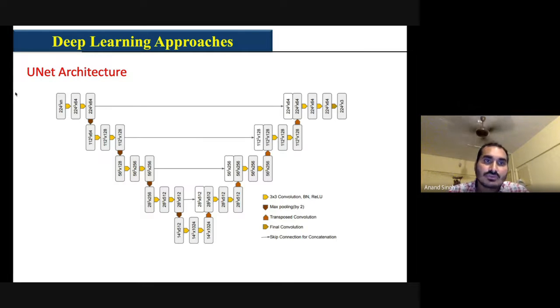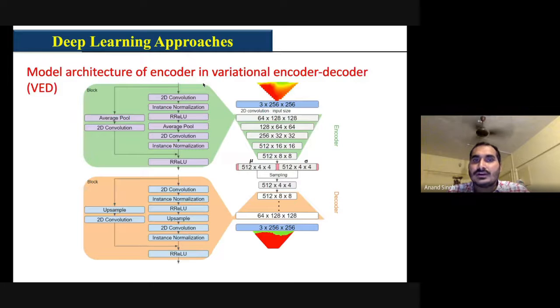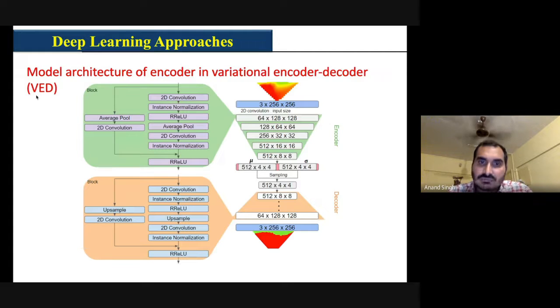Now we discussed the different architectures which we are going to compare. One was the U-Net architecture. There is a lot of literature already available on that, but from the geophysics point of view there was nothing. Then we also tried the attention U-Net architecture, following the work of Oktay et al., 2018. This is a very classical framework. And in our lab we developed the variational encoder decoder network. This network was already developed for image classification in an electrical engineering department, but for geophysical problems it was not there.